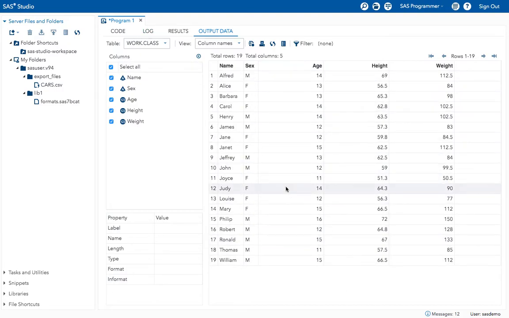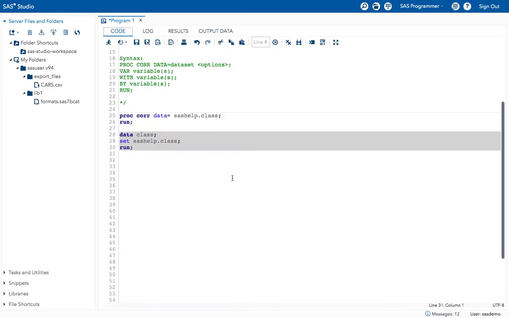This standard deviation value tells how much deviation is happening from the average value of this age variable. See for example, from 13, how much deviation is happening for this age 14? That means 1, right? So like that it tells you how much deviation is happening.